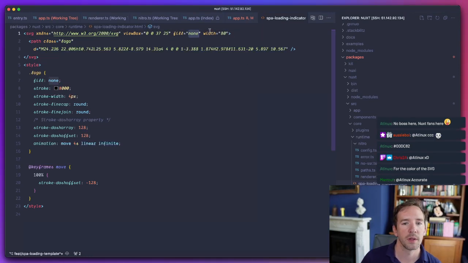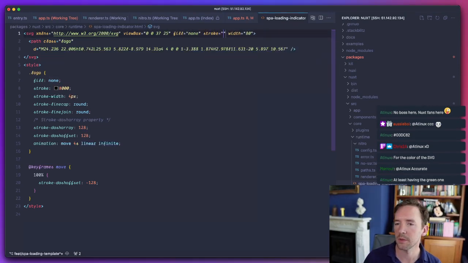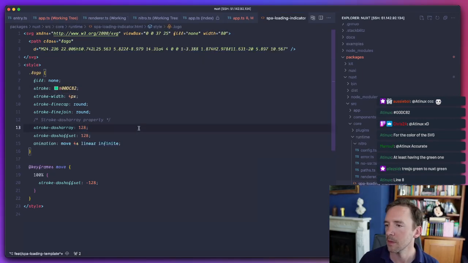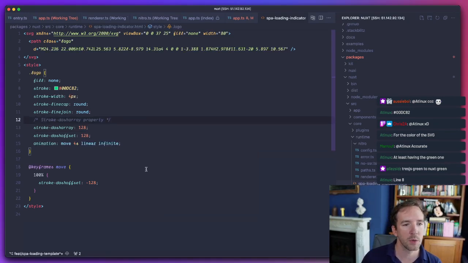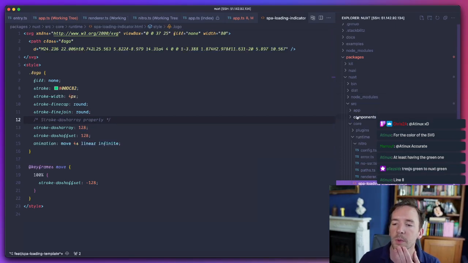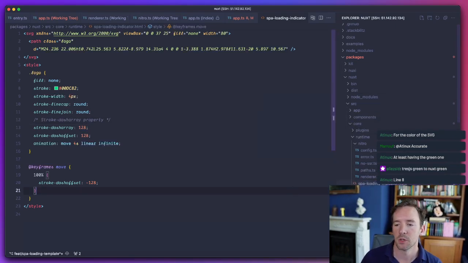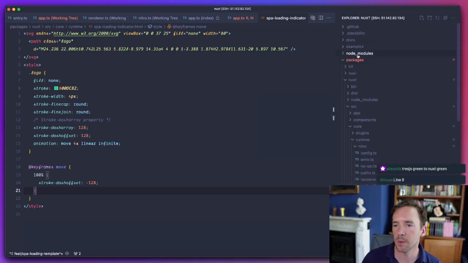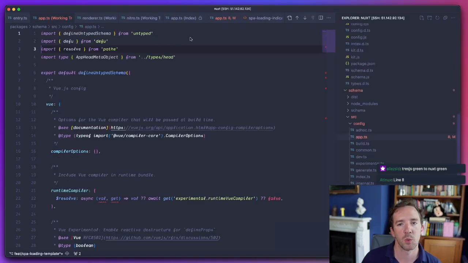So set stroke. Oh no, you can do that in the CSS. Yeah. Okay, so we've got an SPA loading indicator. We can now, can we resolve this? So I think basically what we want to do is, this is tricky. Okay, I think basically what we want is, instead of doing what I did,